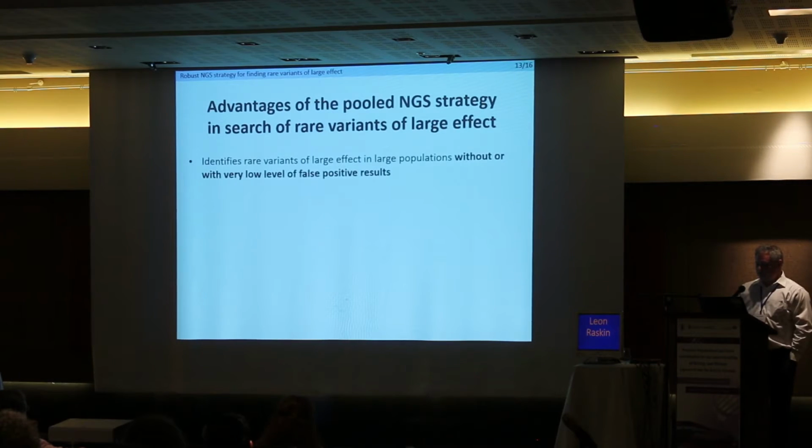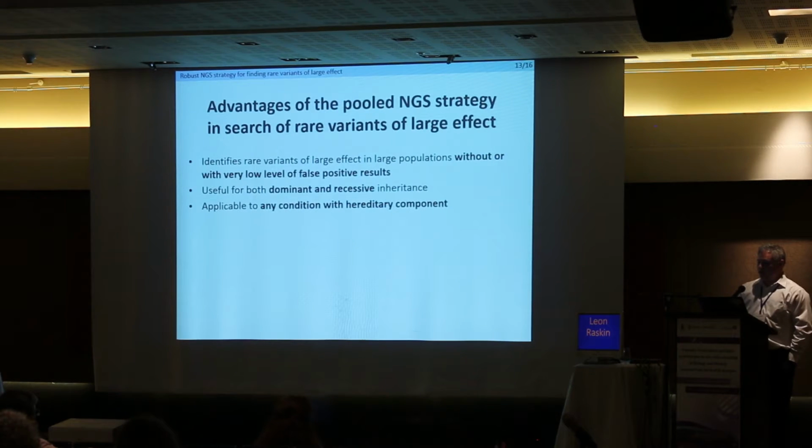So the advantages of this pooled NGS strategy that many people were skeptical before we started, but now I have to say it's working perfectly. It's very, very efficient, and it reduces the cost of identifying founder mutations 5 times. So the identification of rare variants without or with very low level of false positives, it's useful for both dominant or recessive inheritance. It can be applied to any condition or with hereditary component, 5 times cheaper as I mentioned before,